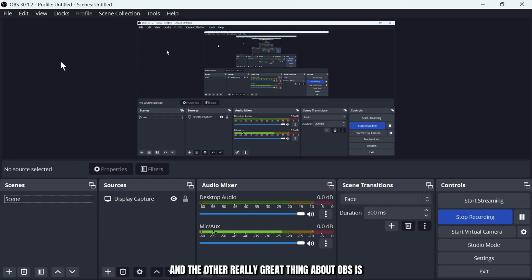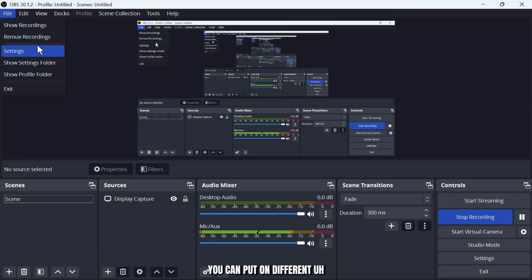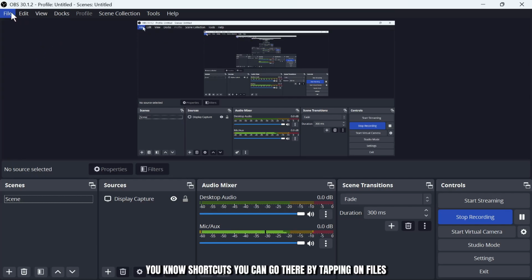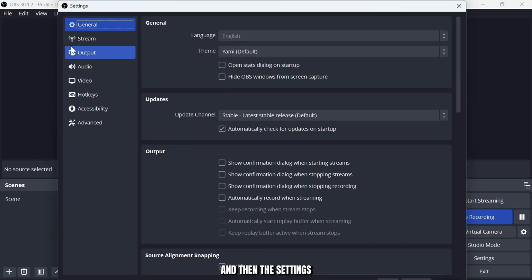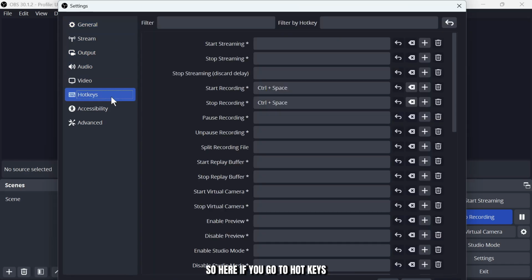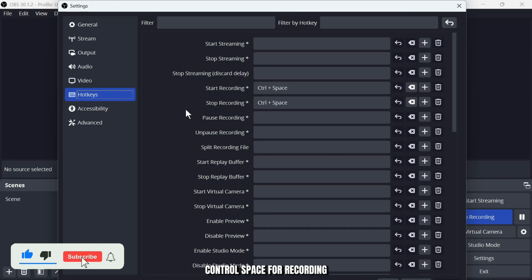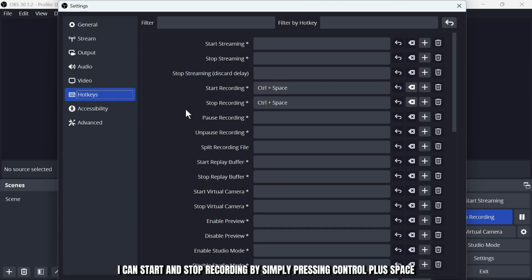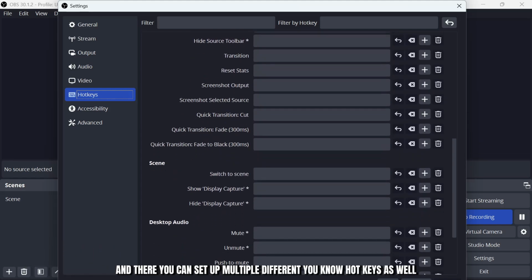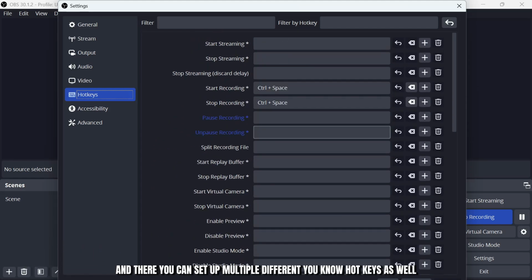The other really great thing about OBS is you can put on different shortcuts. You can go there by tapping on files and then the settings. And right here you can see your general stream output and stuff. So here if you go to hotkeys, you'll notice that I have set control space for recording. I can start and stop recording by simply pressing control plus space, and there you can set up multiple different